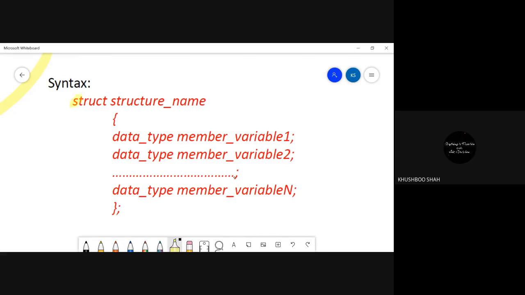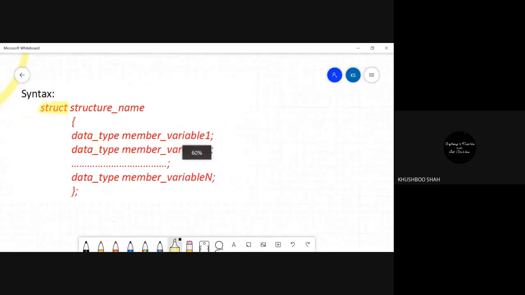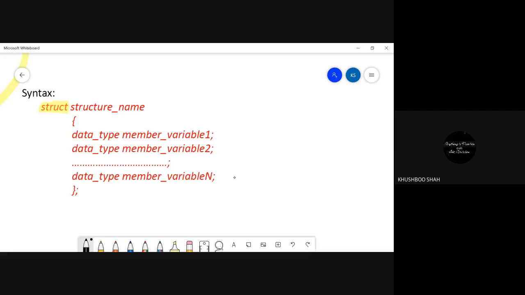Struct is the keyword. In parallel, I will write the example. So first let's write struct. After that, the structure name. Let's say STD is the name of the structure.